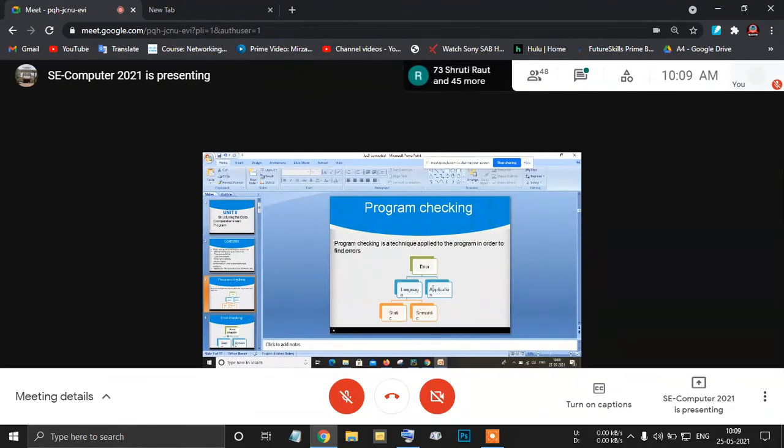So language errors are static and semantic. Static means when you write a program, you make a mistake in a declaration, like a data type is missing, a semicolon is missing, or sometimes a value is incorrectly assigned. Like when I write integer a[10], the subscript is missing. So in such a case, we will get a static type of error. And a semantic error is where the data type is correct, the declaration is correct, but the statement whatever I write in the program,